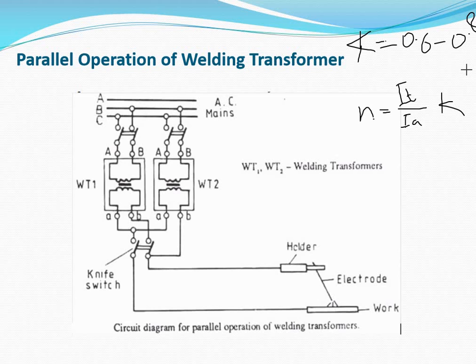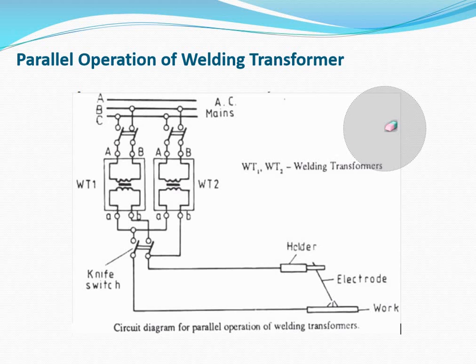Each welding station is connected through a separate variable choke which provides a steeply drooping static volt ampere characteristic curve for each welding circuit. The welding circuits are connected in parallel because with this arrangement the source is better utilized when welding with low currents of the order of 70 to 100 amperes.